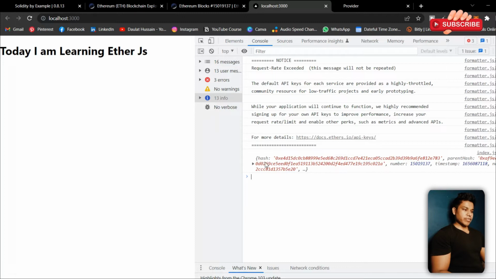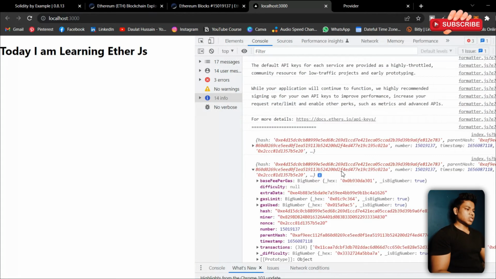And here you can see, here we have the data. Okay, so here we have the data about the block number we have taken from here. And if I expand this, as you can see, it took a lot of time because this data is coming